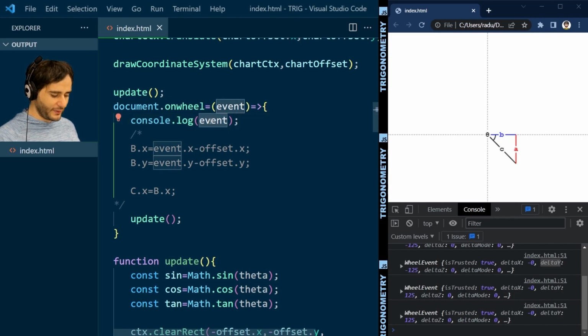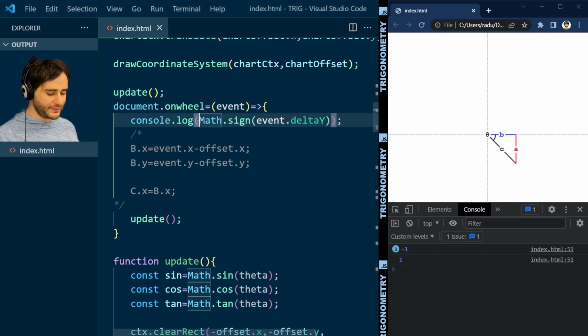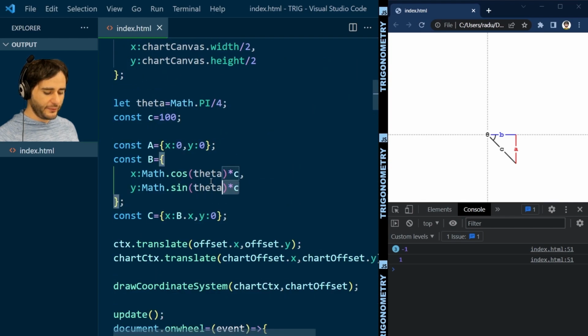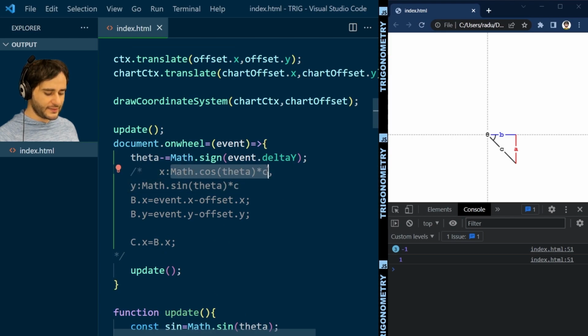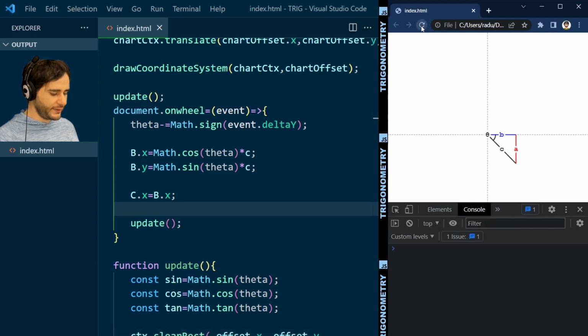So that's the thing we're going to look for, and we're actually going to take the Math.sign of this event.deltaY. Now, when I refresh this, I'm going to go upwards. I would like this to be a plus, actually. Somehow going up, I want it to increase, and downwards -1. So a minus in front of this is going to flip it for me. And this is going to be how we modify theta. So theta is going to be minus equals to this value here. And then based on theta, we are going to calculate the b, x, and y as before here. So I just copied this for reference, and the x is going to be this, and the y is going to be this. So let me remove these and the comments, and now save this,